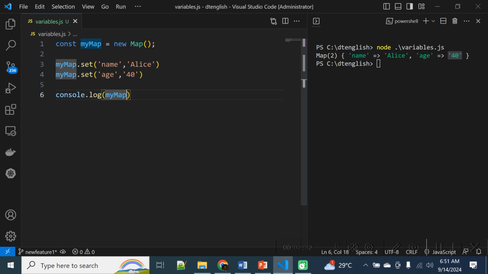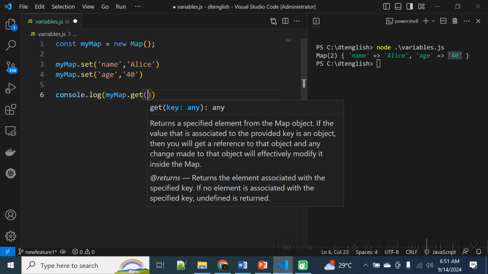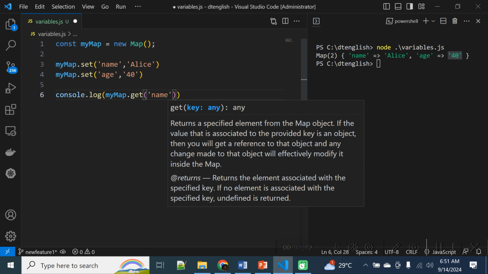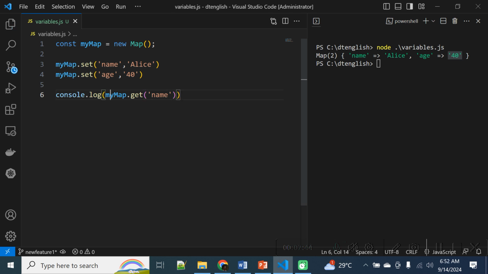If you know the key of the element, you can easily access it using the get method. get of, just enter the key name. So myMap will search for an element that has the key name and print it. See, if you search for the element that has the key name, you will get the value alias printed here,